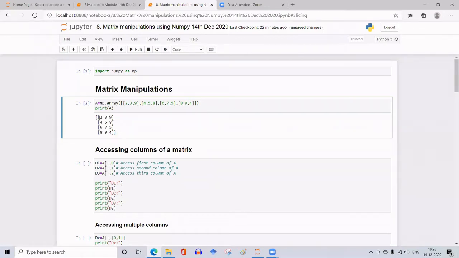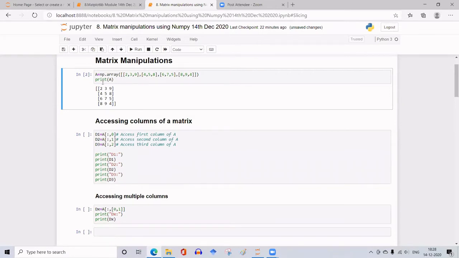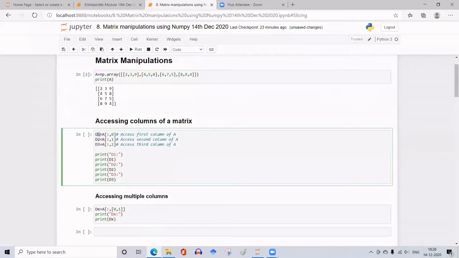So how can we access the various rows or columns? First, let us see how we can access the columns. To access any column, we can access any column and write it as a different column vector. So here I am designating a column vector capital D1 after accessing the 0th column of the matrix A. To access the 0 column, this is the syntax: A, and then within square brackets, colon, comma, 0. So 0 represents the column number. The 0 is the first column of the matrix, which is 2, 4, 6, 8.